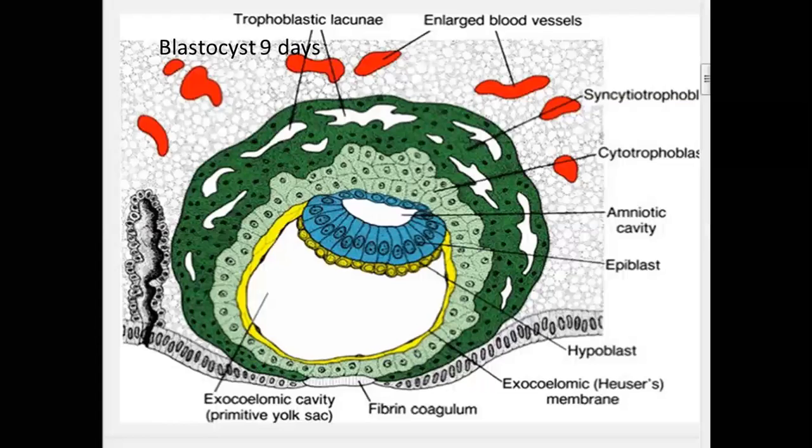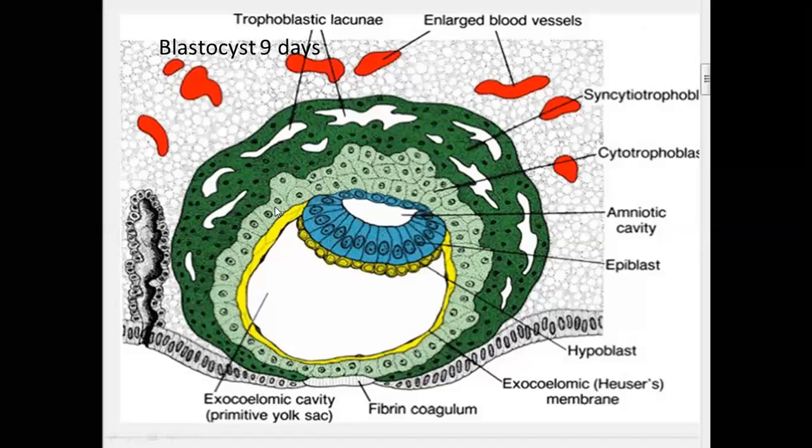Now, when you see how the placenta is formed, for that we again have to go back to the amniotic cavity, yolk sac, endoderm, and ectoderm. Okay, and the third layer is the mesoderm. Mesoderm, ectoderm, and endoderm. When three layers are there, the amniotic cavity is smaller and the yolk sac is bigger. Then at the ninth day, the blastocyst gives rise to the trophoblast. The trophoblast gives rise to syncytiotrophoblast and cytotrophoblast. Two layers are formed from the trophoblast. The trophoblast is the outer covering.